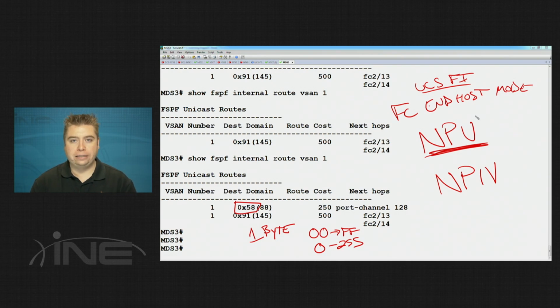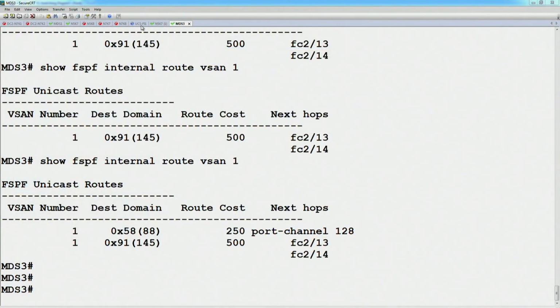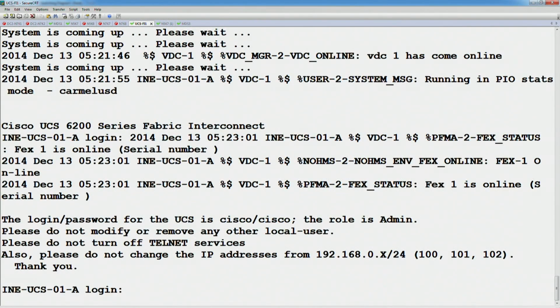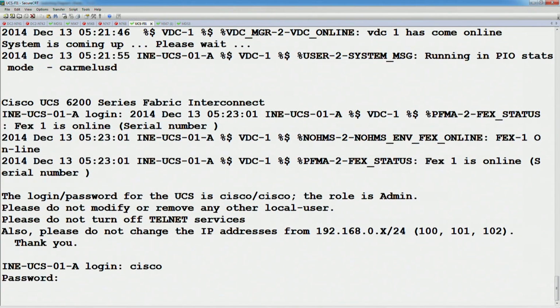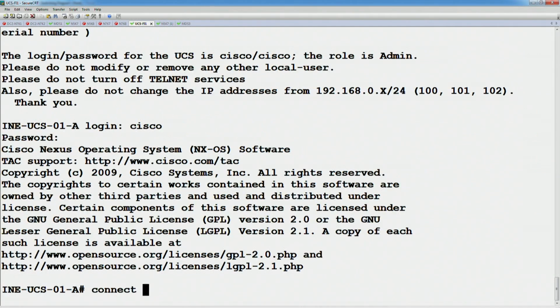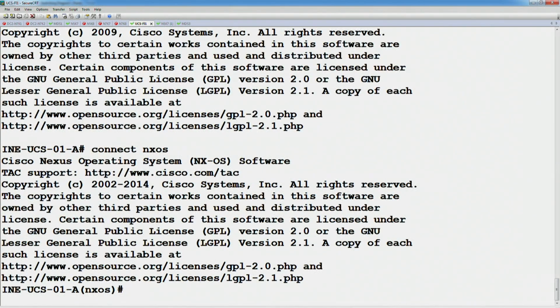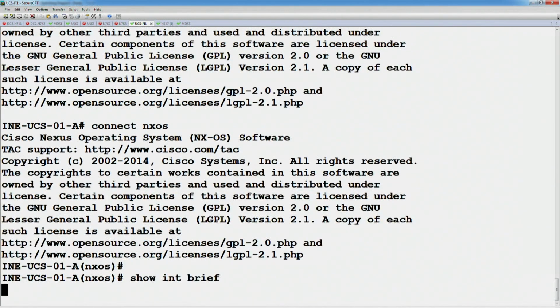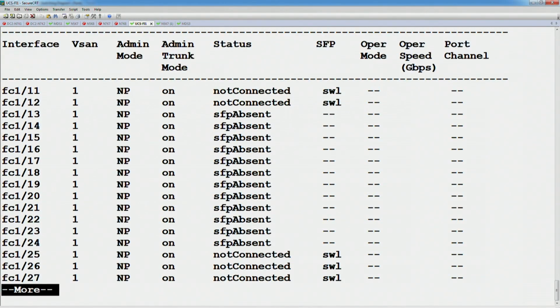So it's going to log into the network, it's going to get a fiber channel ID associated with it, and additional logins that come from the blades, from the servers behind it, the UCS is going to run as a proxy for those. So from the UCS point of view, this is going to be the default behavior for the links going up to the storage network. If we go to the CLI here, and we connect to NXOS, and we look at the show interface brief,